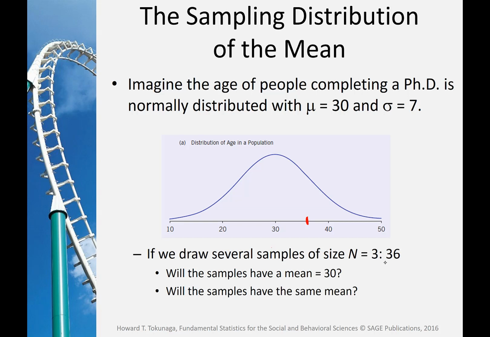Now if I unleash you upon the world, that is Coastal Carolina University, and I tell you, come back next class with a sample mean age of PhDs. And we'll compare. And we'll see what we have here at Coastal. So I did this one day. I took my example and I'm like, I'll go collect some data. So the first 3 PhDs I ran into,